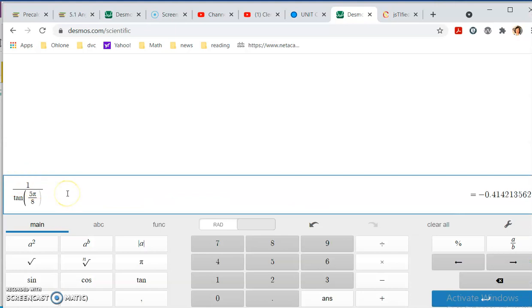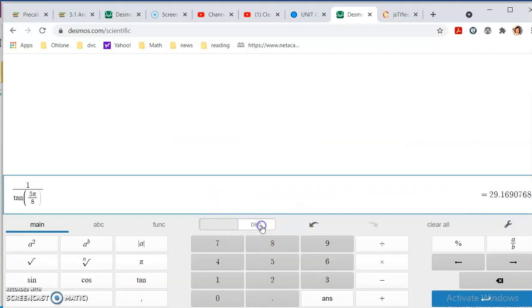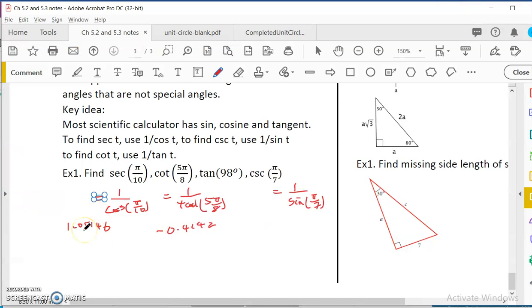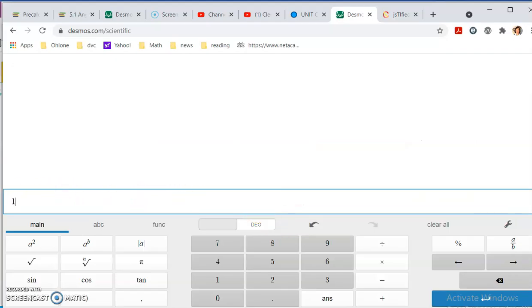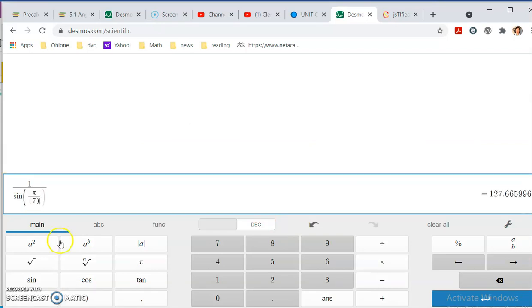So that is negative 0.4142. And then tangent of 98, so I have to change it to degree. Tangent of 98 will be negative 7.115. 1 over sine of pi over 7 it will be